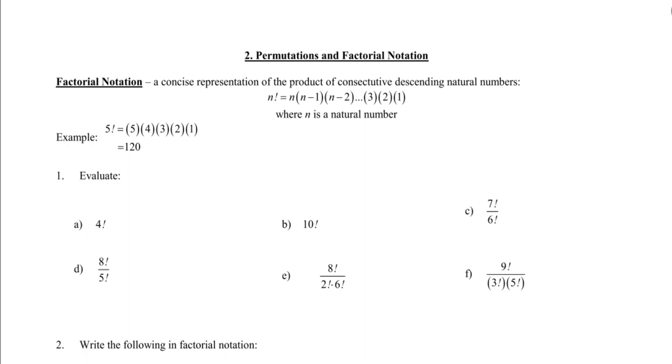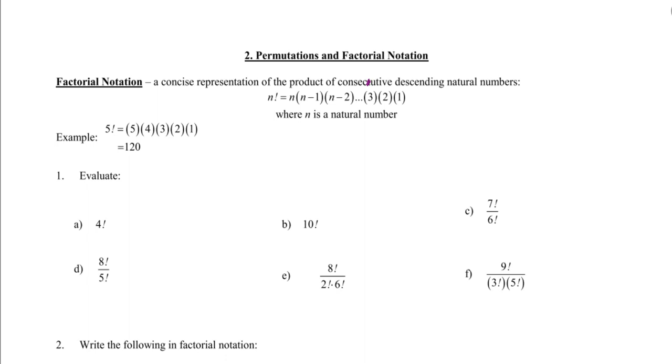Okay, so part 2 of counting principles is permutations and factorial notation. So it probably should have been called factorial notation and permutations. Factorial notation is a concise representation of the product of consecutive descending natural numbers. So the definition: n factorial is n times n minus